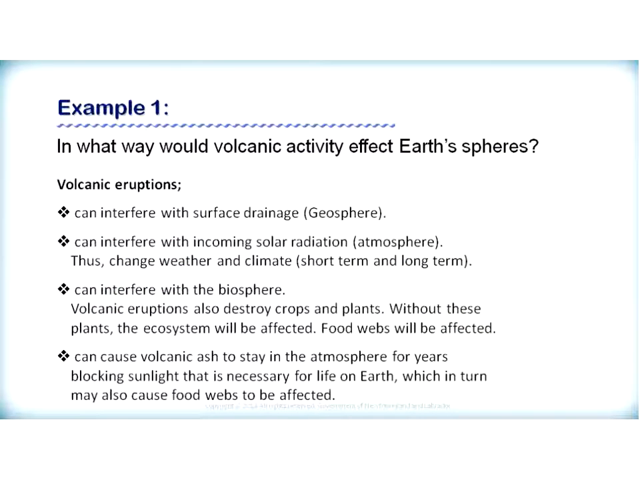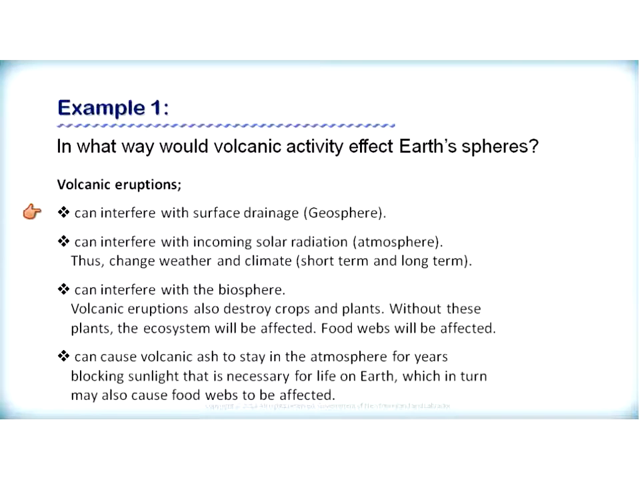Let's have a look at example number 1. Example number 1 states, in what way would volcanic activity affect the Earth's spheres? So volcanic activity would be included in the geosphere, whereas lava and magma beneath the Earth's surface can erupt to the Earth's surface. Once you have a volcanic eruption,